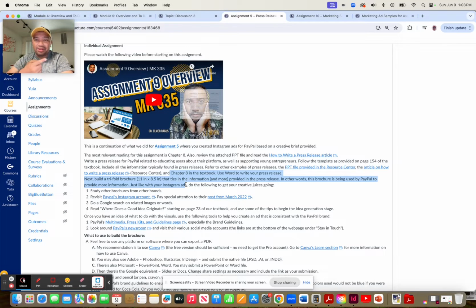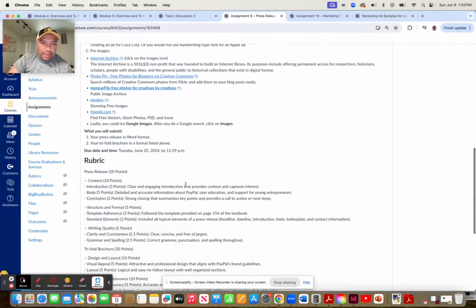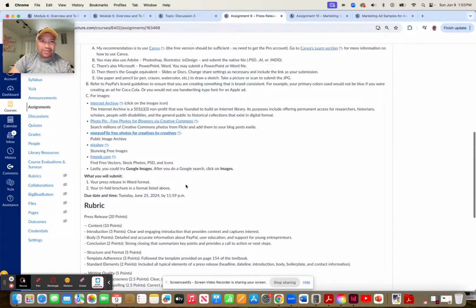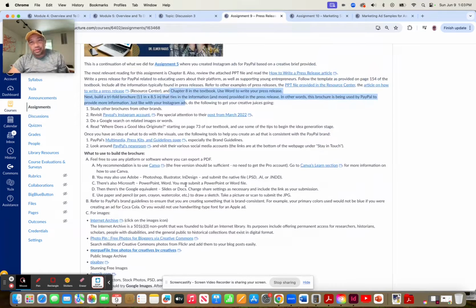So be consistent with the PayPal brand and also communicate that same topic that we started in assignment 5. And as far as the brochure itself, I also have instructions on what you could use for that purpose. So there's Canva, there's Adobe, Microsoft, Google, or even pen and paper if that's your thing.